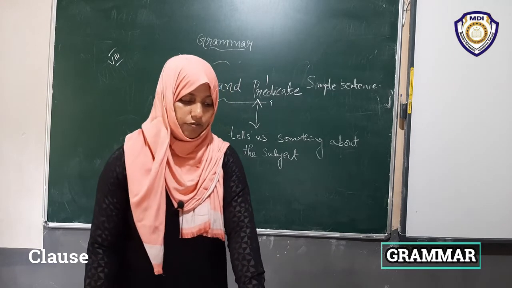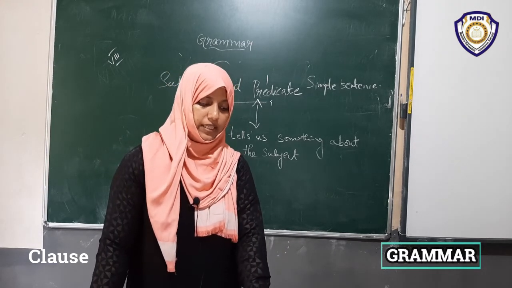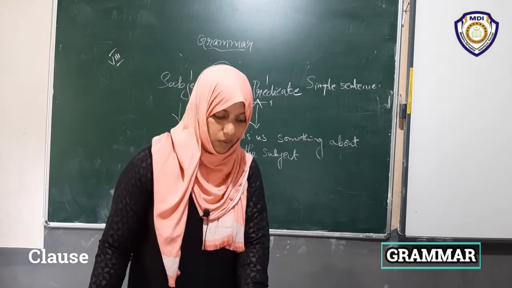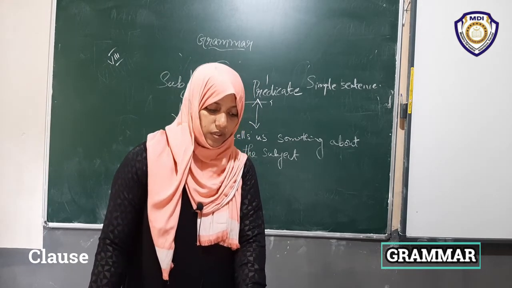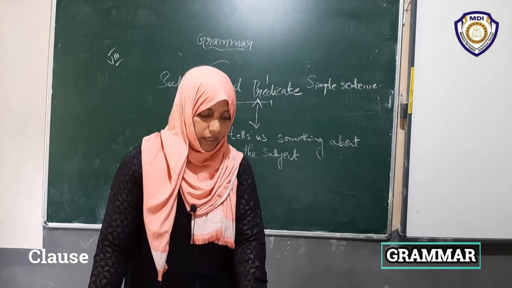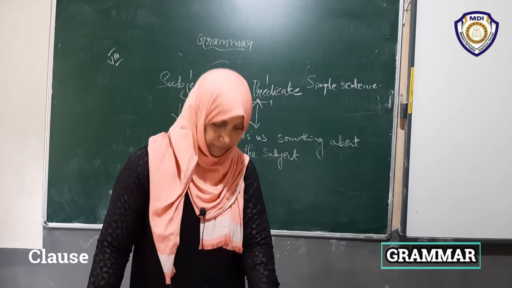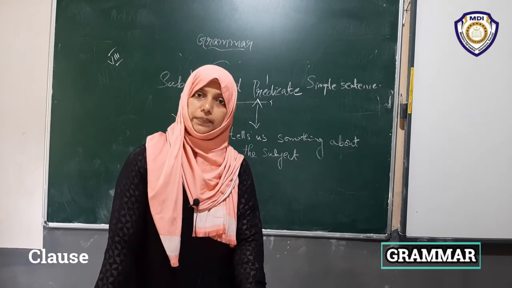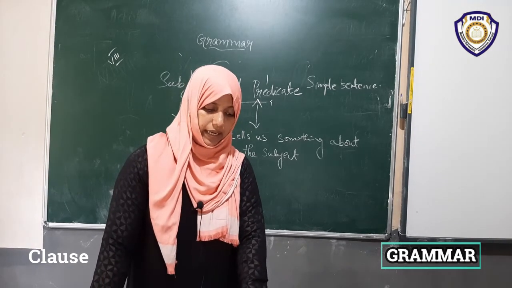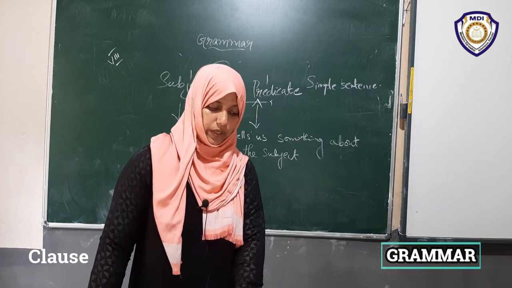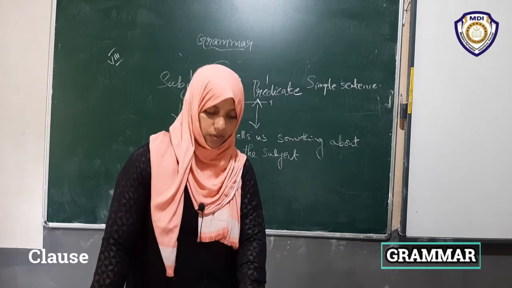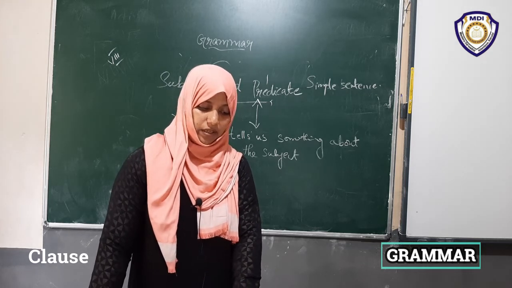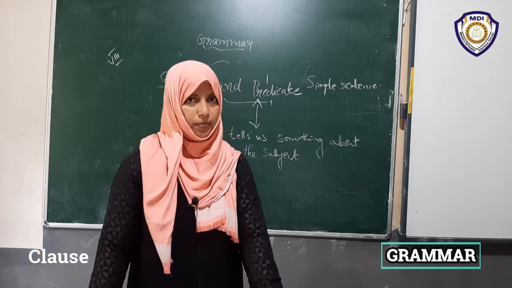Sometimes a sentence consists of two clauses, one dependent on the other. The children went to bed when the night fell. The principal clause is there, and here one clause is dependent on the principal clause. All of you listen. The underlined parts of the two sentences above are principal clauses, and the parts given in gray are dependent clauses because they depend on the principal clause. They do not make sense on their own. A sentence that has one principal clause and one or more dependent clauses is a complex sentence.